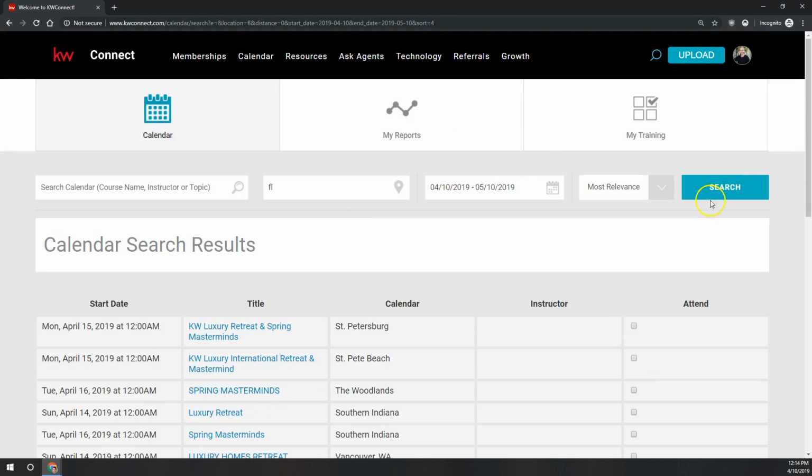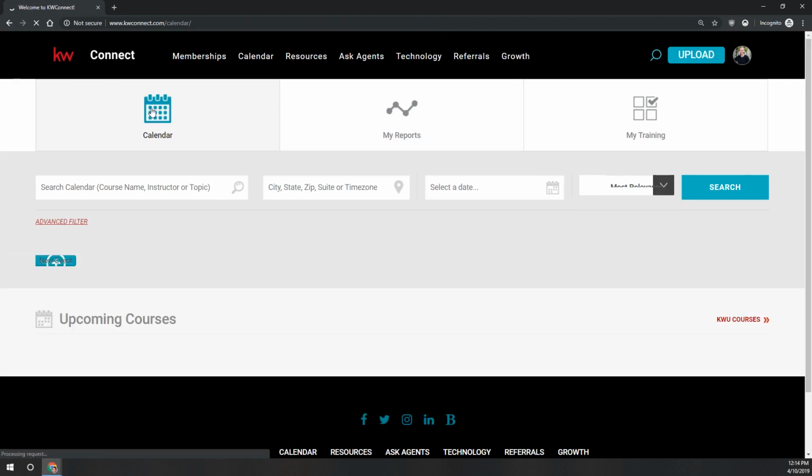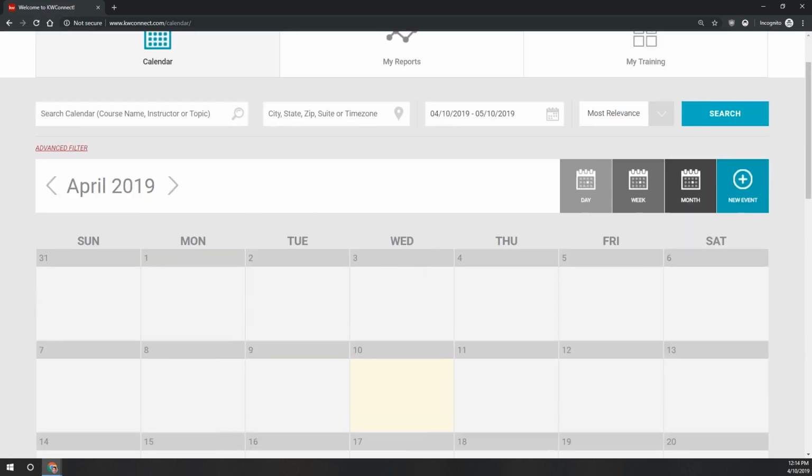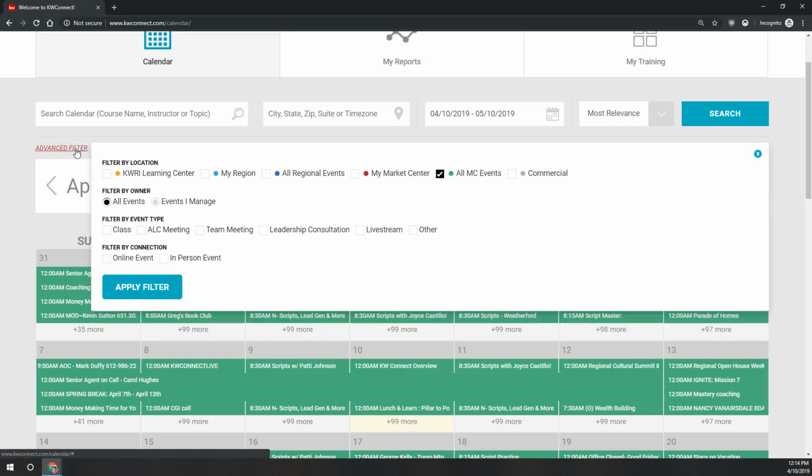You can also search by a date range, and then you can change how they're sorted when you get those search results. If we click back on the main calendar page, you can even filter what's showing here on the calendar itself using this advanced filter over here on the left whenever it finishes loading. So you can filter by